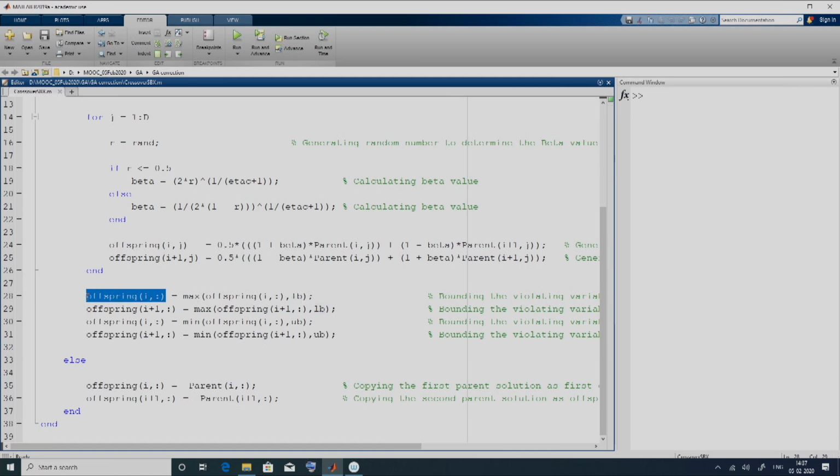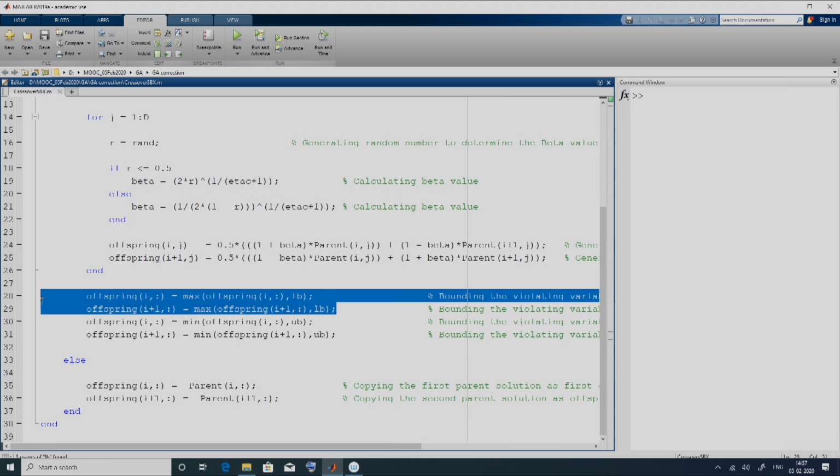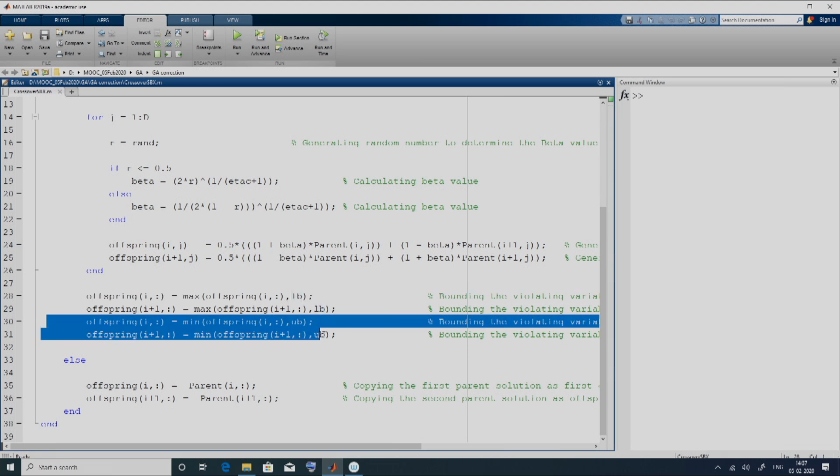So, what we get in line 28 is that the ith offspring no longer violates the lower bound after this line is executed. Similarly, line 29 makes sure that the I plus 1th offspring does not violate the lower bound, right. Both of these lines only take care of the lower bound, and similarly lines 30 and 31 take care of the upper bound, right.